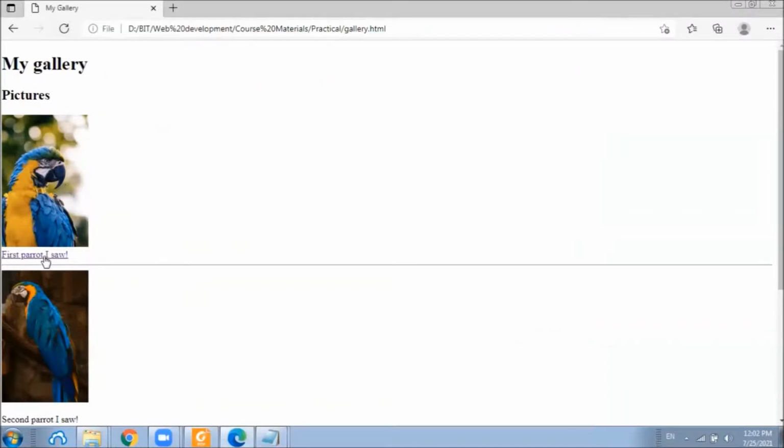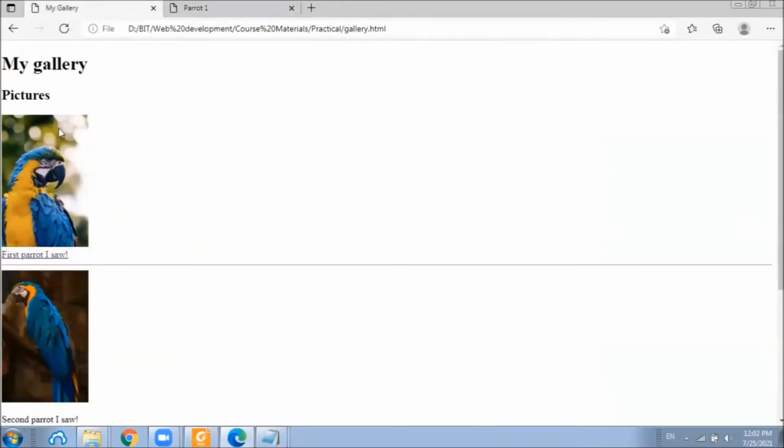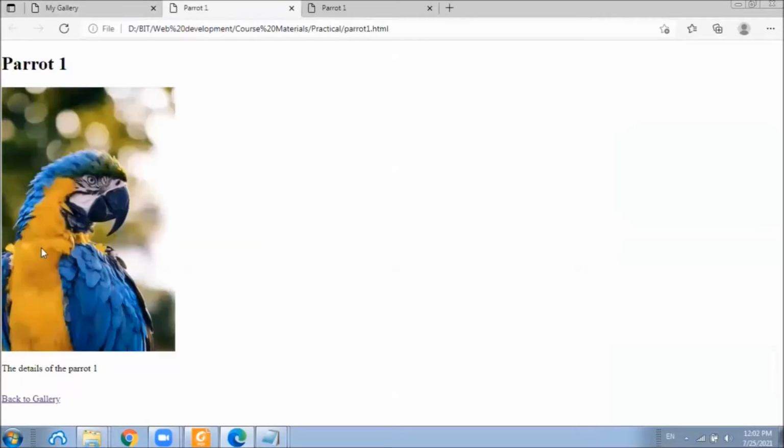Let's try that out. Now you can see this Parrot1 page is opened in a new tab, and we can still access the previous page here. If we click it again, it will open up another tab.